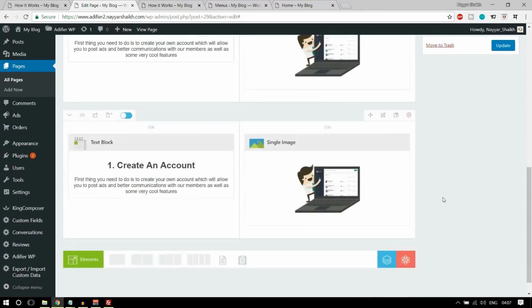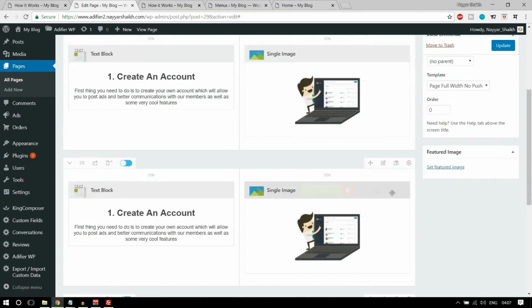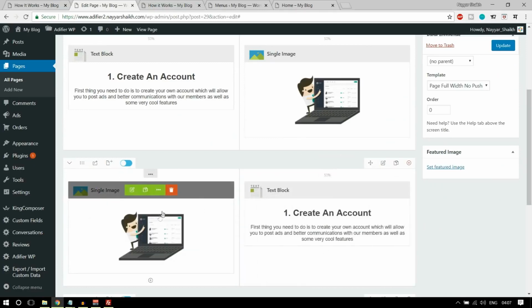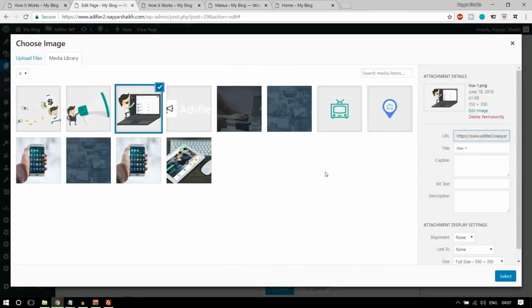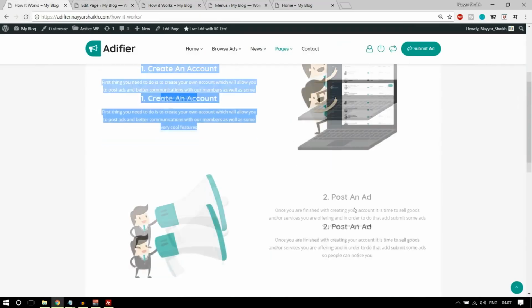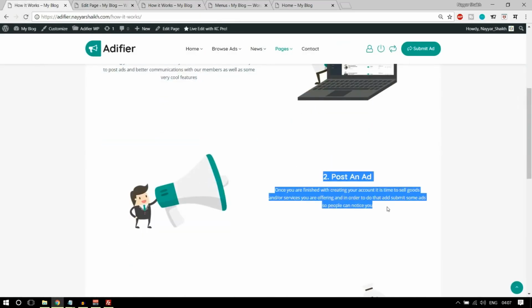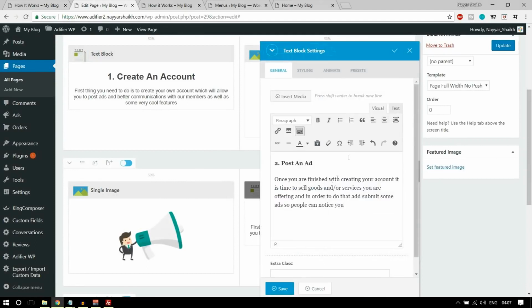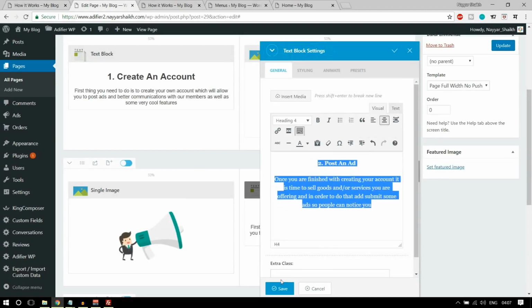Okay, 3 times, so we don't have to do most of the things again and again. Now in the second column, or the second section, we have the image at the left hand side, so we can drag the image over here. Now let's change the image, instead of this, let's select this one, and the text will also change. Now it says post an ad. Okay, so we can change the text, copy it, select everything and change the ad, make it center aligned, click